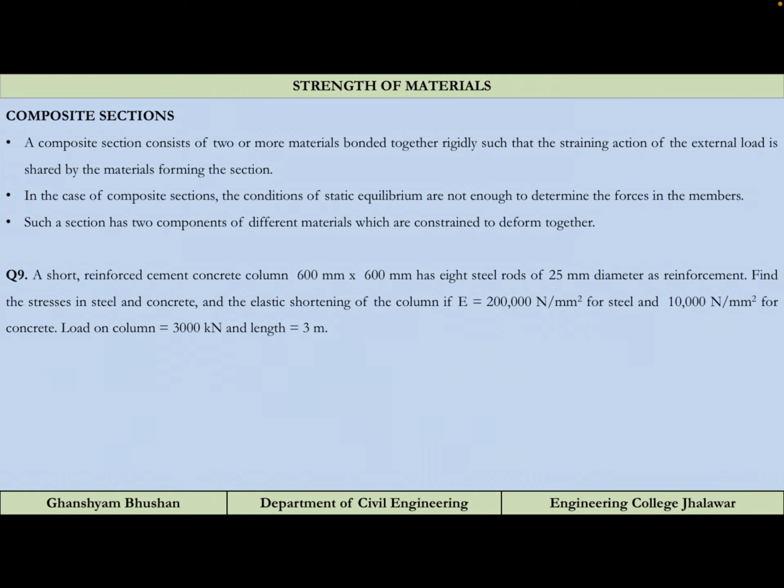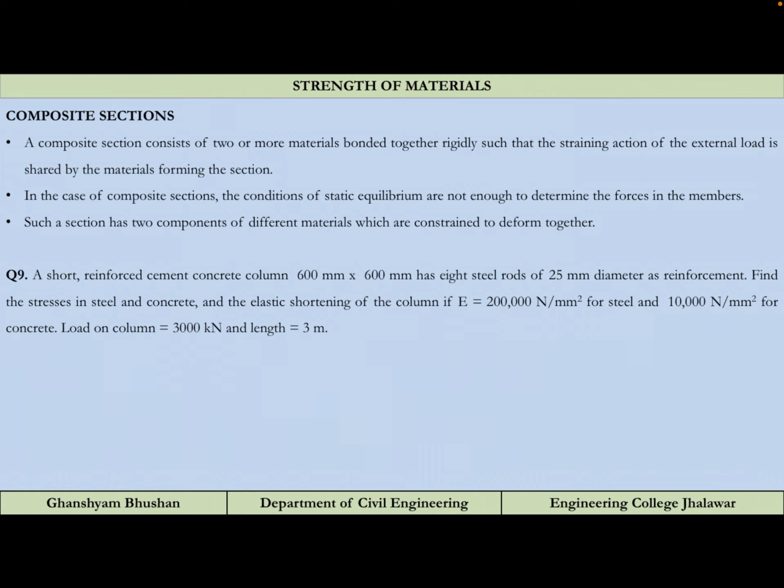One more thing you can ask: sir, why only steel are we using? Because the thermal expansion coefficient of steel and concrete is almost the same. That means if temperature is increasing, the steel and concrete will expand by the same amount, so the compatibility condition is satisfied. Even if temperature decreases, the contraction is by the same amount, so the compatibility equation is fulfilled: the strain should be the same at the bonded surface where the two surfaces are bonded. The strain at that point should be the same.